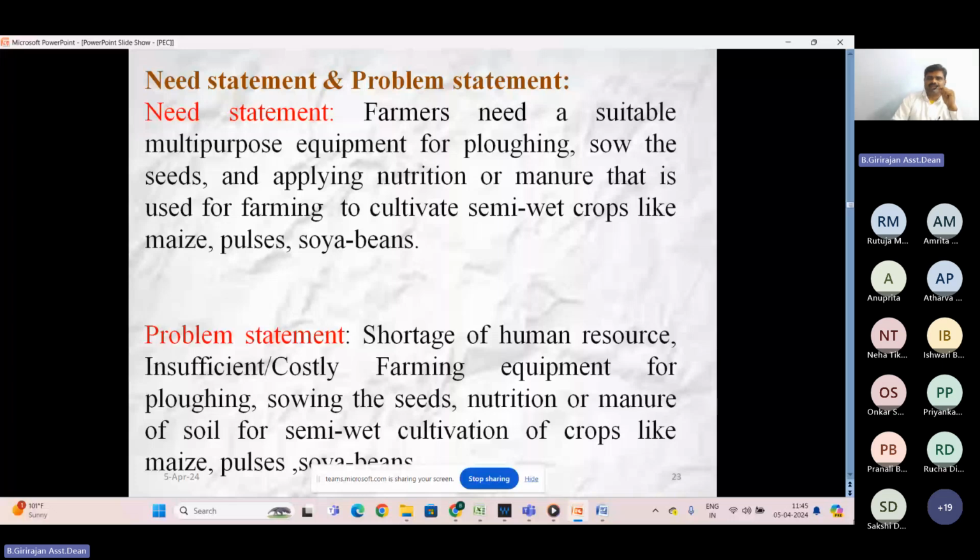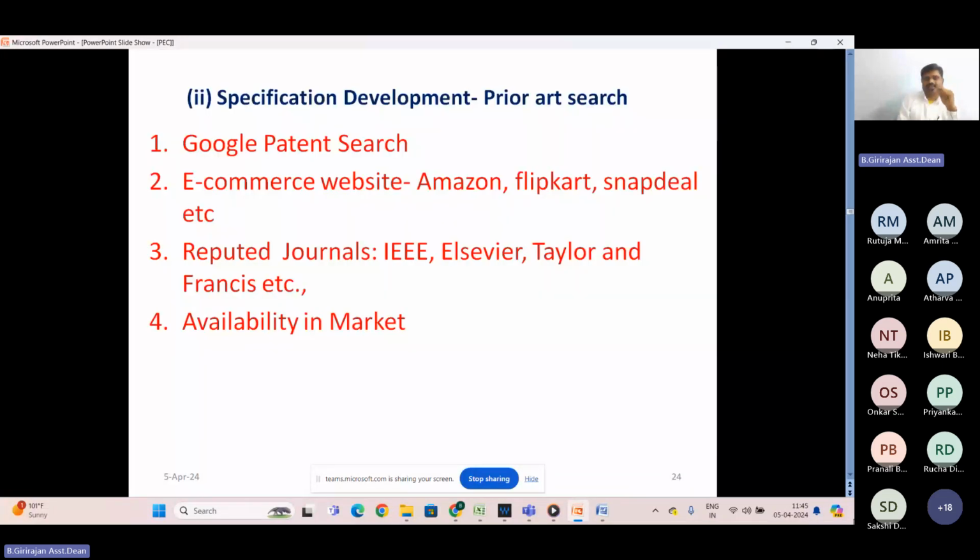For designing, we need a solution, and that solution should not be repeated, so we need a prior art search. We go with the prior art search using Google Patents, e-commerce websites, reputed journals, and the products available in the market. If this is available in the market, or any of these points, you have to check that and go with innovation in that.